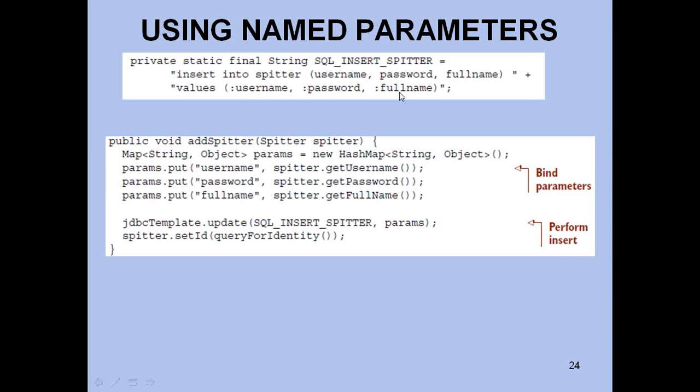And you can also have, instead of colon username, colon user1, and it will still work. Colon user1, then you have to put the params as params.put user1. Yes, it will still work. So it doesn't matter whether it is at index 1 or index 2 or index 3. The values here can be in any order, and you can set the values here in any order.